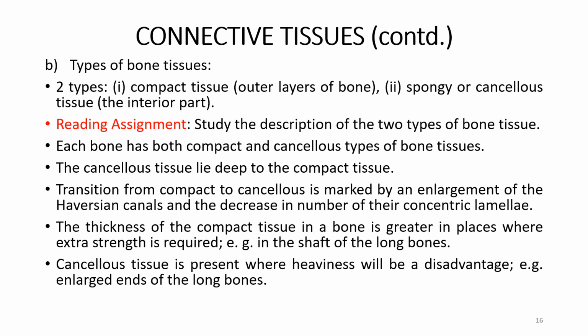So we continue. I said transition from compact to cancellous is marked by an enlargement of the avasal canals and decrease in the number of their concentric lamellae. The thickness of the compact bone anywhere in the body depends on where extra strength is needed. For example, in the shaft of the long bones, where extra heaviness of the bone will be a problem, then you have more of cancellous tissue present,